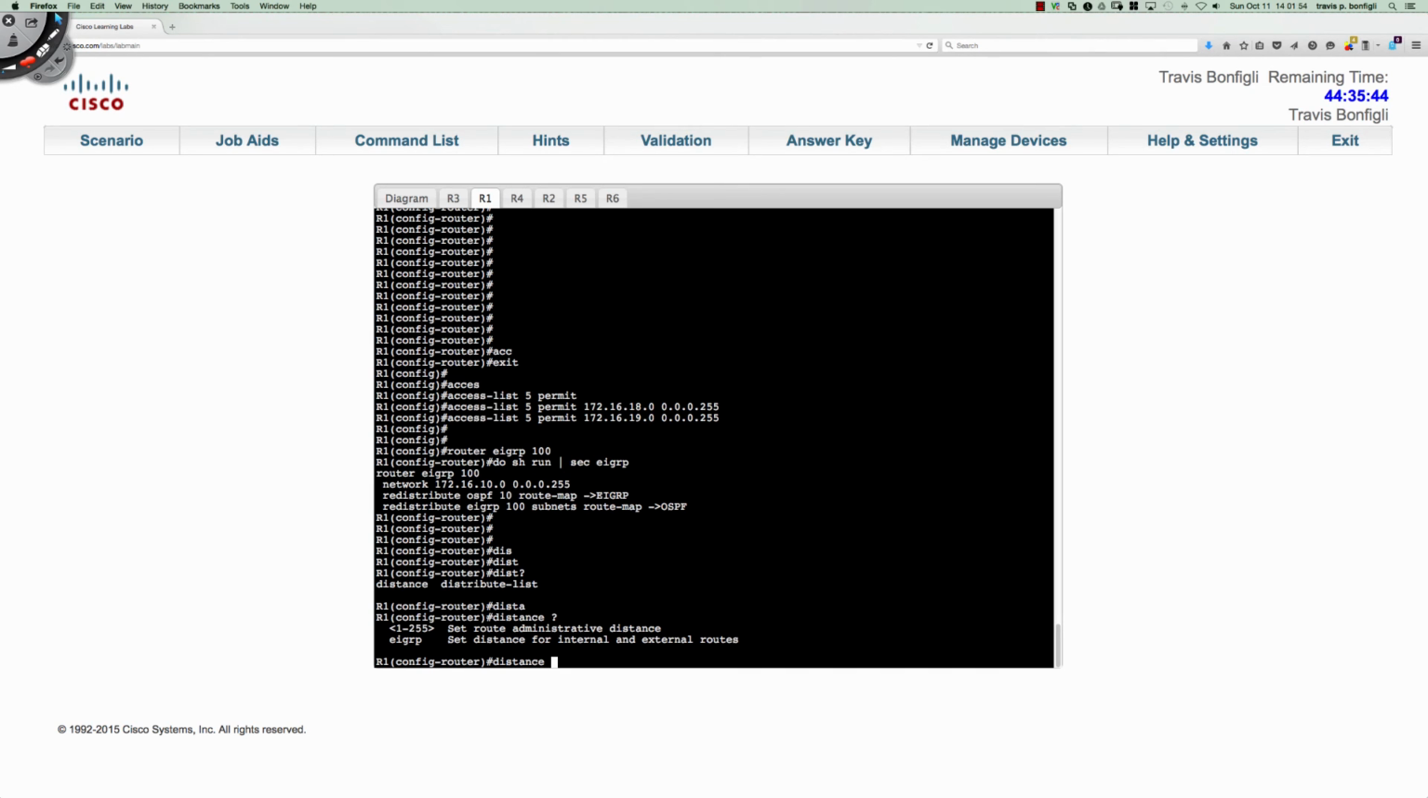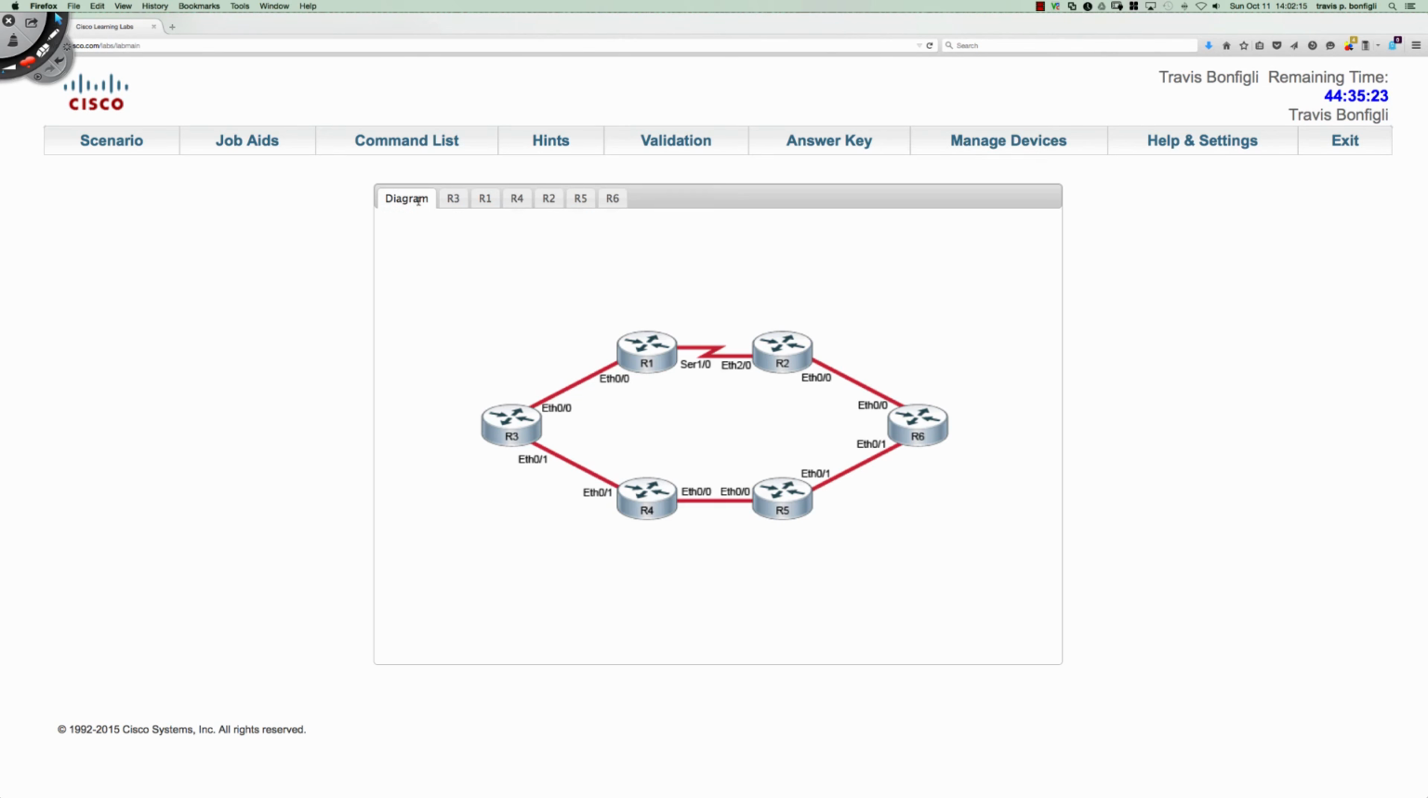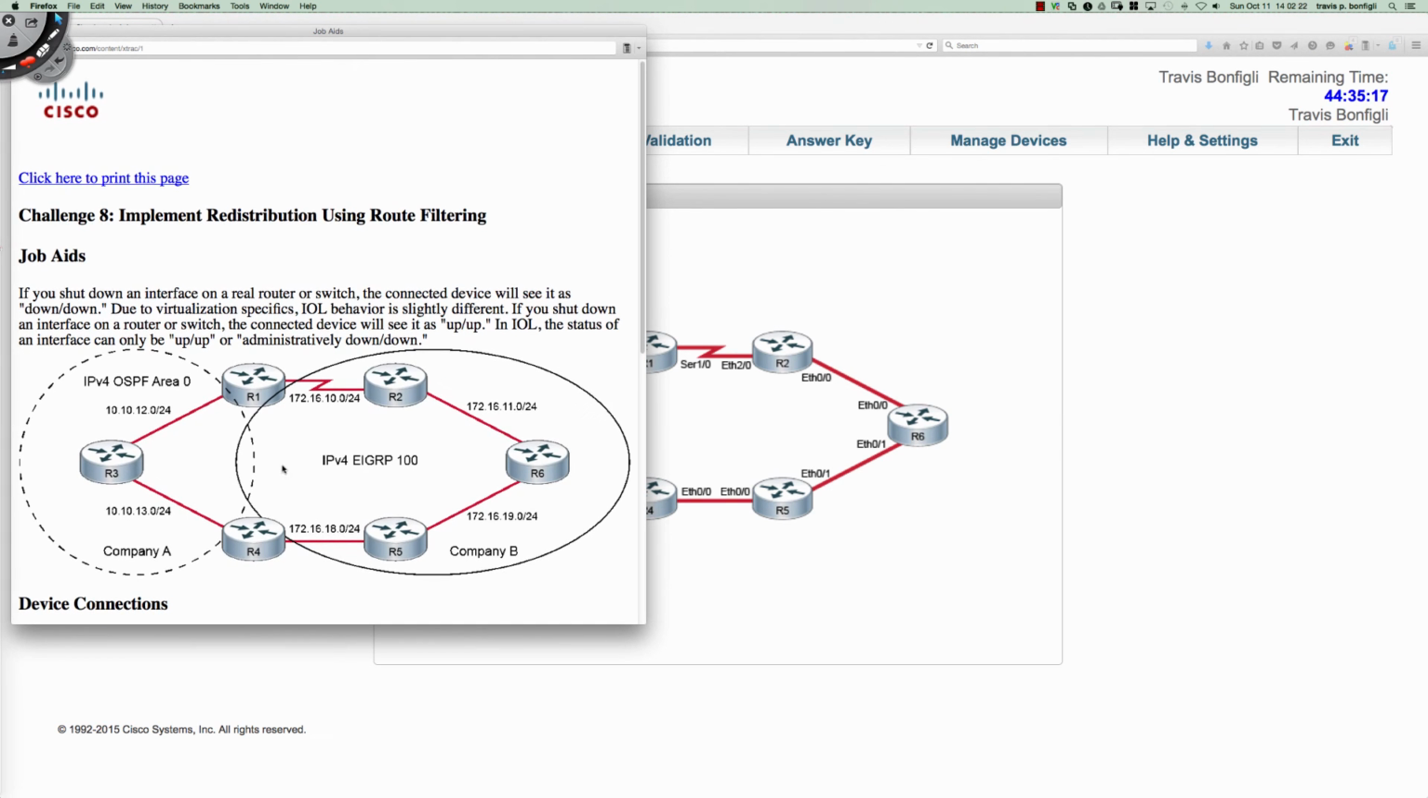And what do we want to set it to? So we're going to set the distance to 130. We'll make it higher than 110. In fact, I'll set it to 200. And then the source IP address. So my source for that information is, let me pull up the job aid to help me out here. So pull the job aid up, and my source is